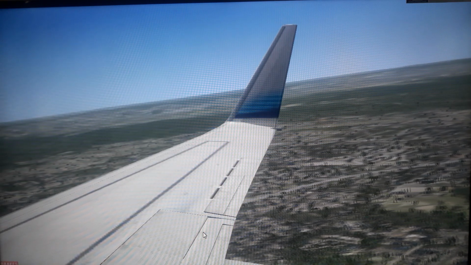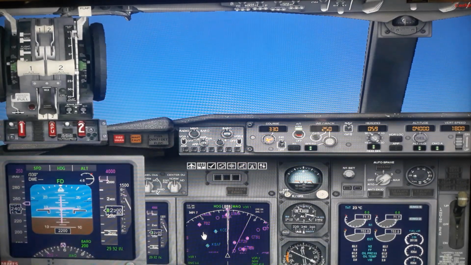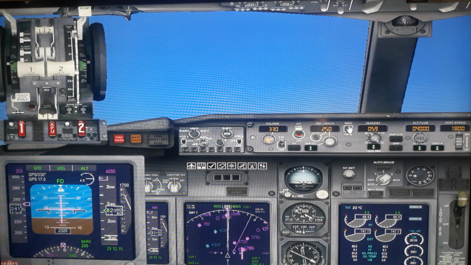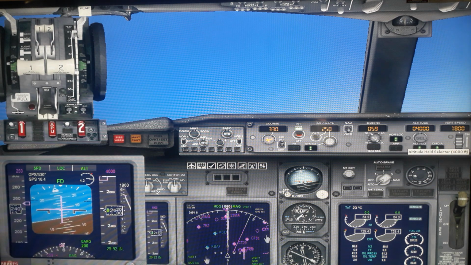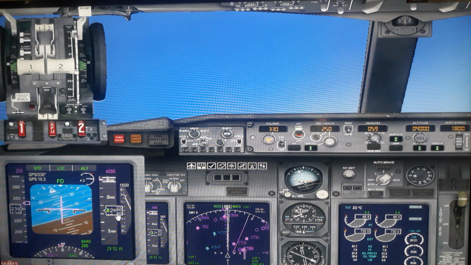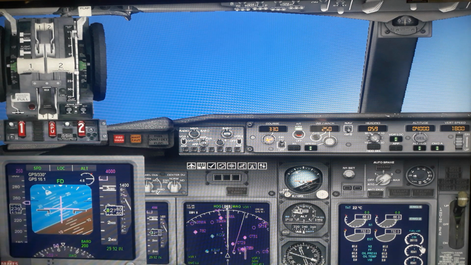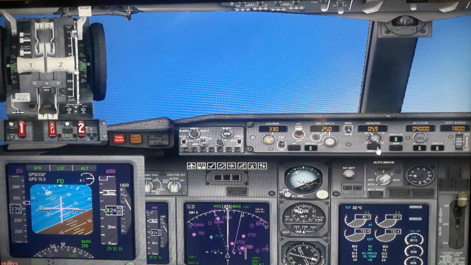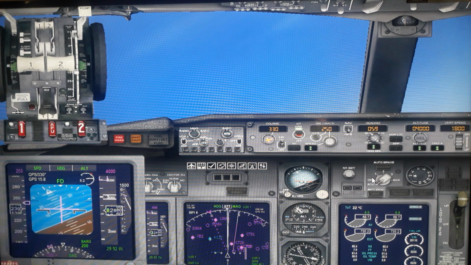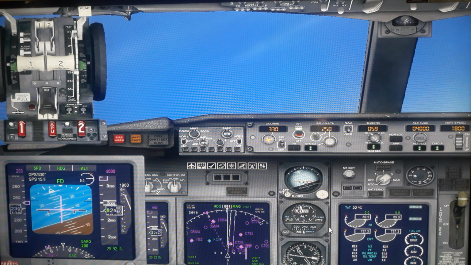Okay. Now I'll go to the cockpit. I will activate GPS and activate VOR localizer. These two work in conjunction. So the flap is back to 0. It's climbing to 600 feet. This is the vertical speed climb at 1800 feet. Heading, we have not put the heading hold. That's why it was turning, so I put the heading hold.